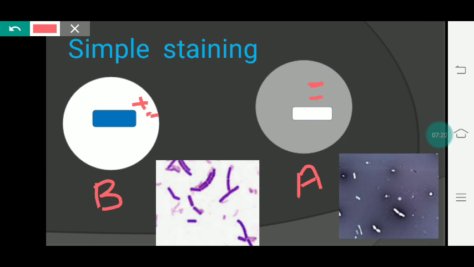Here you see some pictures of monochrome staining. You can see the bacteria are stained purple-violet. As you know, we can use any basic stain for the staining. And in negative staining, you see that our organism remains colorless, and only the background is stained by acidic dyes like nigrosin. You can also use eosin or Congo red dye. So it's very simple.